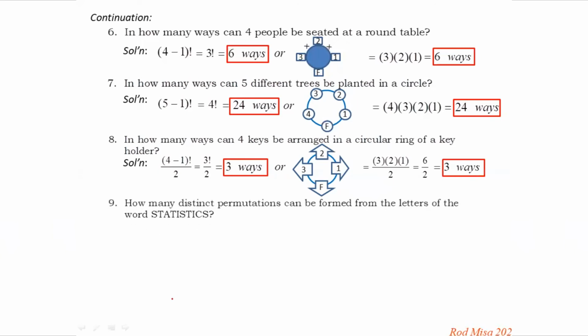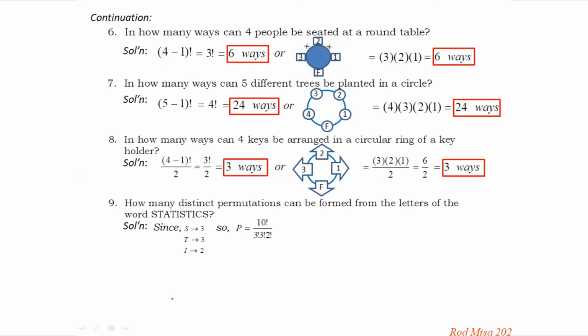Number 9. How many distinct permutations can be formed from the letters of the word statistics? So here we will be using the last theorem, the fifth theorem. So we know that there are letters that are identical here. We have 3 S's in the word statistics and 3 T's in this word and 2 I's in the word statistics. So using the theorem, that is 10 factorial divided by 3 factorial times 3 factorial times 2 factorial, because